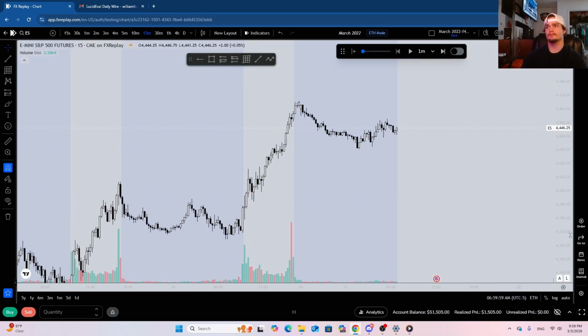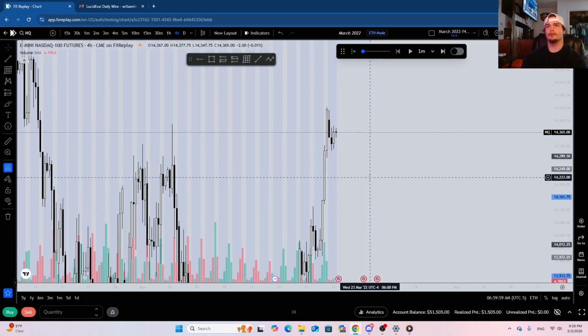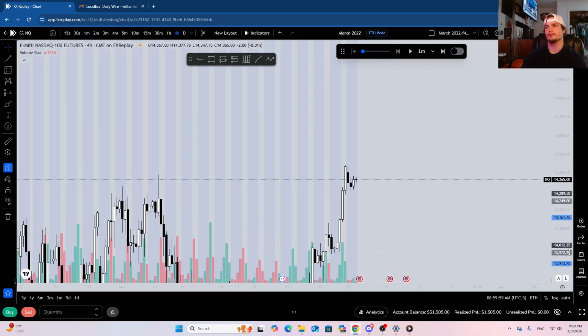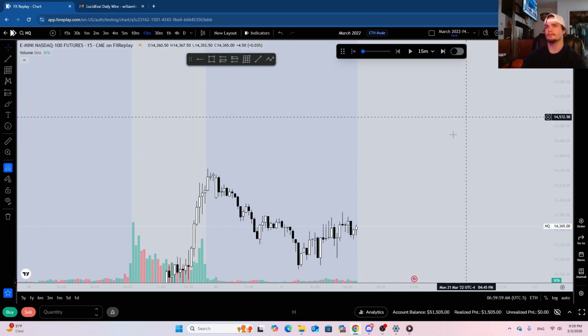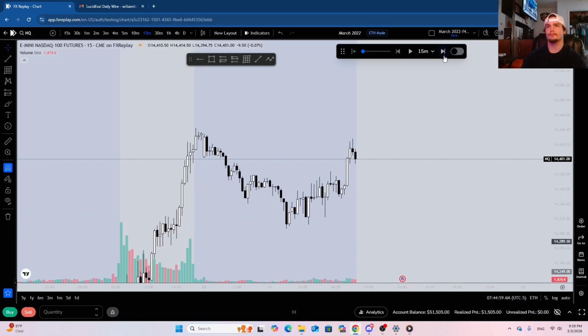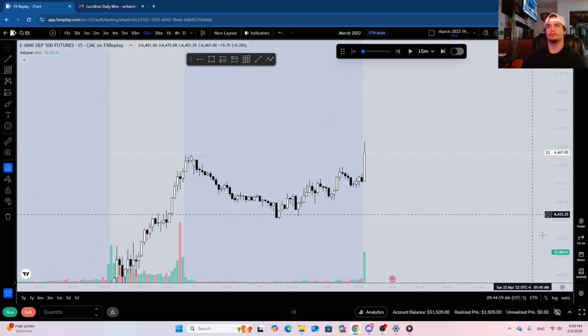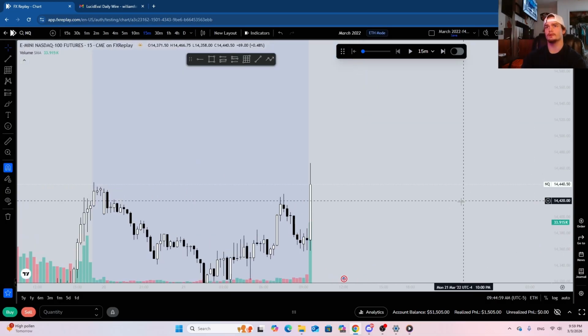Go to ES. Okay, so we're pretty good. We're going to be pretty overextended here. I want to see some sort of retracement. And we're above these highs up here, so I would like to see some sort of retracement. Alright, so we come up, take out the session high, see what ES has done. So we're above this high as well on ES. However, I would like to see some sort of shorts play out here.